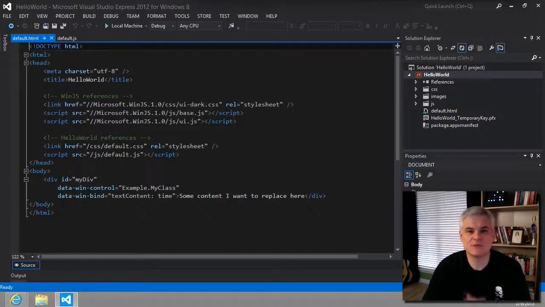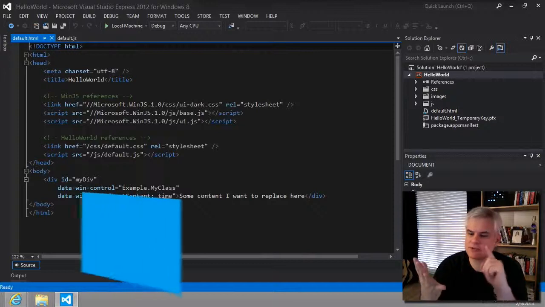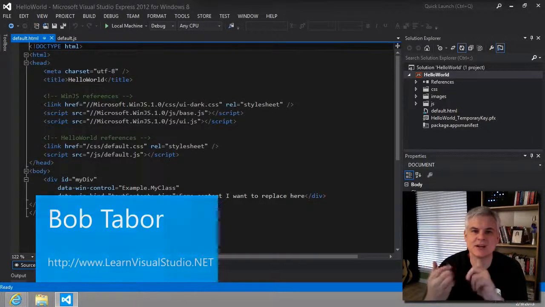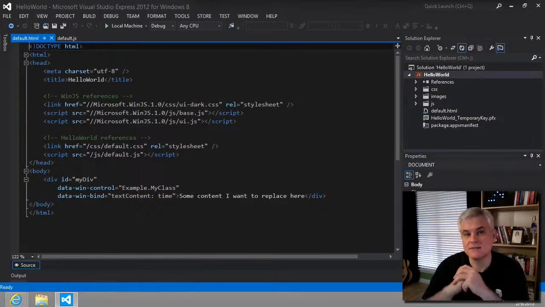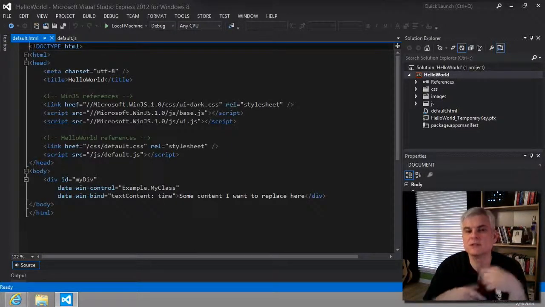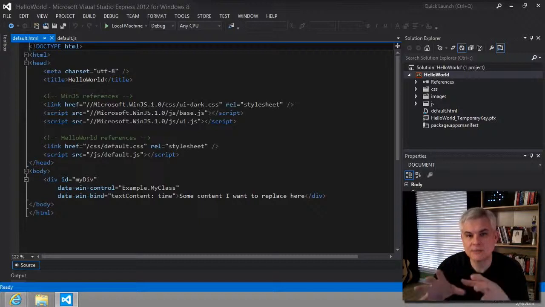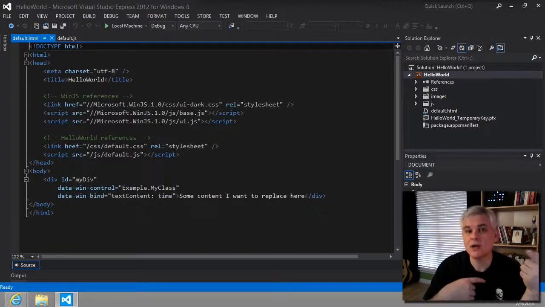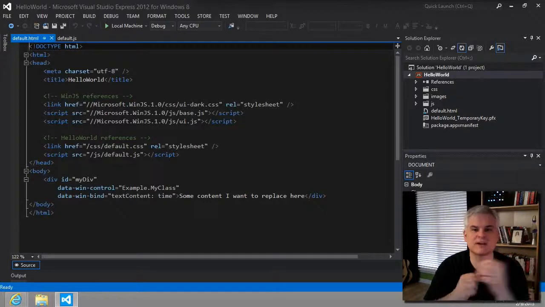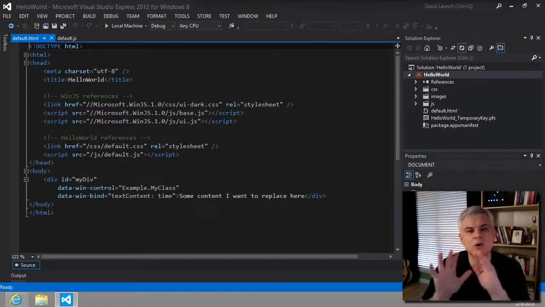In the previous lesson, we saw how WinJS helped us create namespaces and classes, and then also create JavaScript objects that had the special function of observability so that we could bind to the object, and then whenever it changes, we were able to write code that handled the event when it fires for that change. So in this lesson, what we want to do is start off by talking about some other things that WinJS